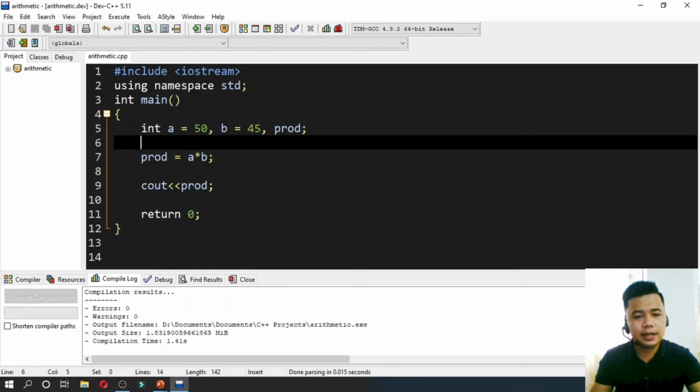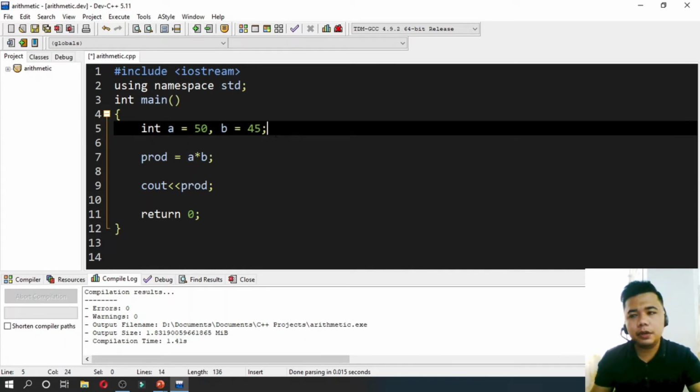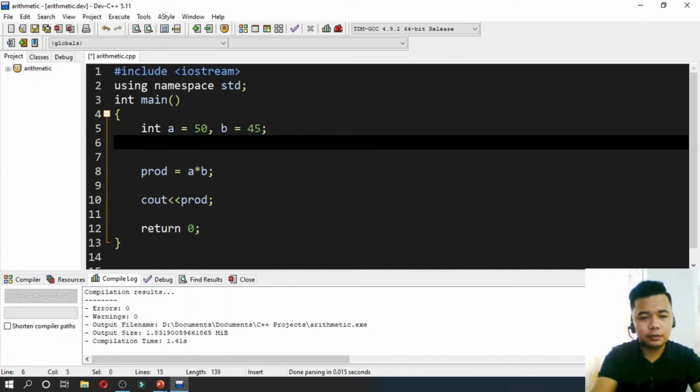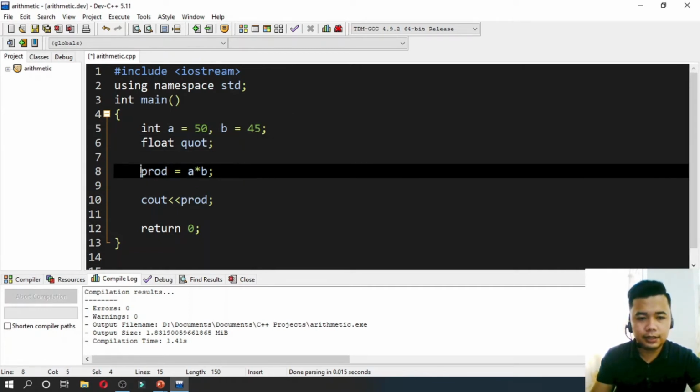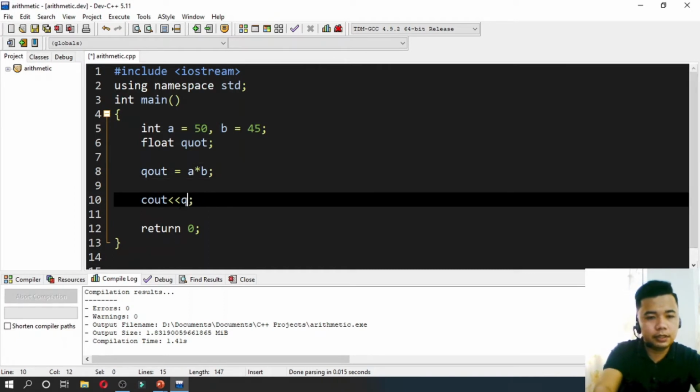So let's try division. Okay, since we are going to be dividing two values, there are chances that the result could be decimal point. Alright? We're going to use the float or double data type. But in our case, let's just use float. So let's say float quote. Quote is just a shortcut for quotient. Let's change that to quote, and then the value should be